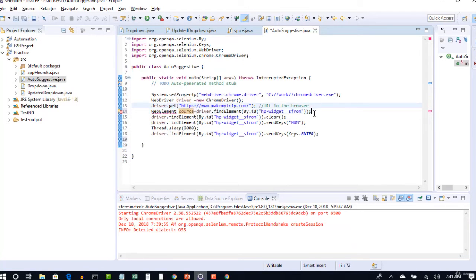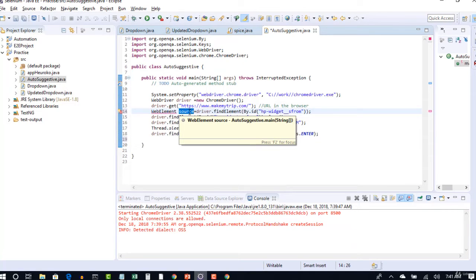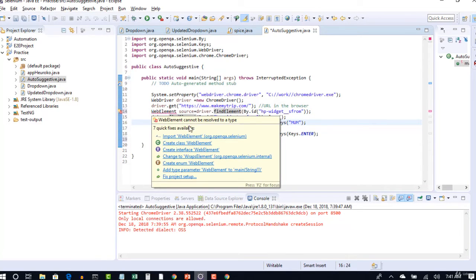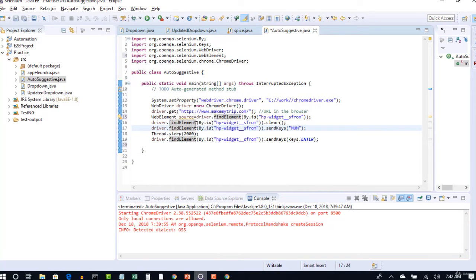I am just throwing this web element into one variable, and the return type of that variable should be web element. You can see it here. Eclipse itself is suggesting to use web element. Okay, so move your mouse onto this and import this package org.openqa.selenium so that error will be gone. Okay, so you have thrown that your find element into one variable, right?